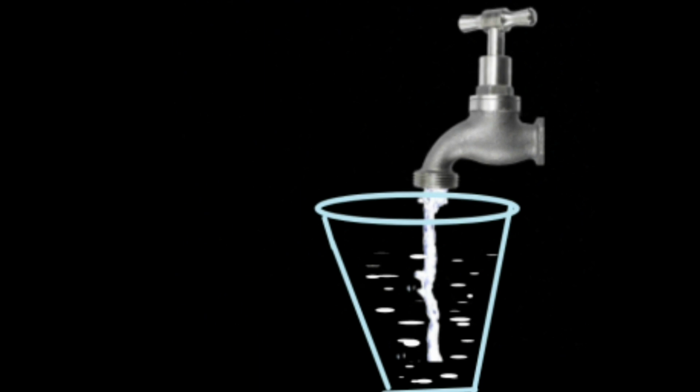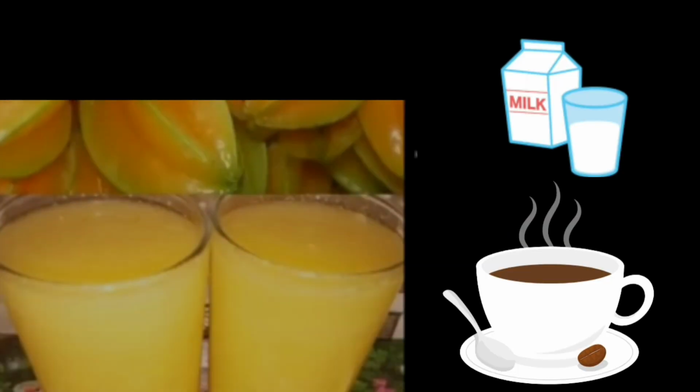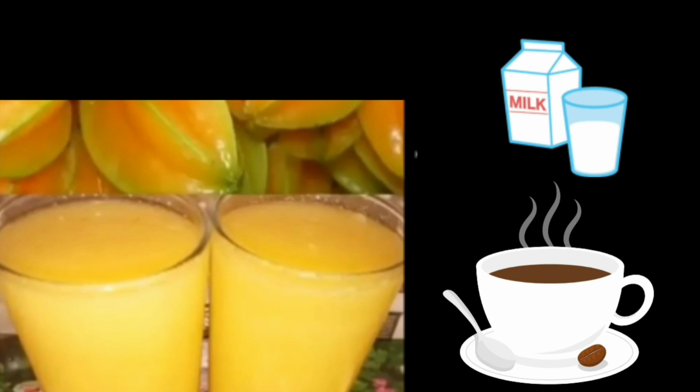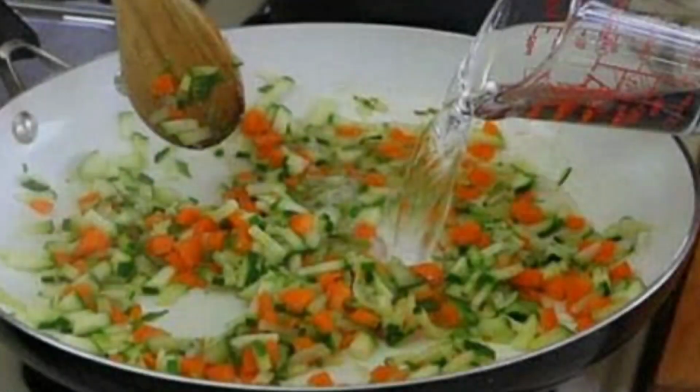Water helps our body to absorb nutrients from food. It also helps in throwing out some waste from the body as urine and sweat. Normally, we get most of the water that our body needs from the liquids we drink, such as water, milk, and tea. In addition, we add water to most cooked foods.